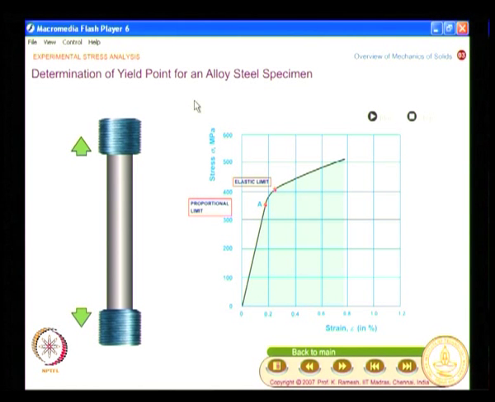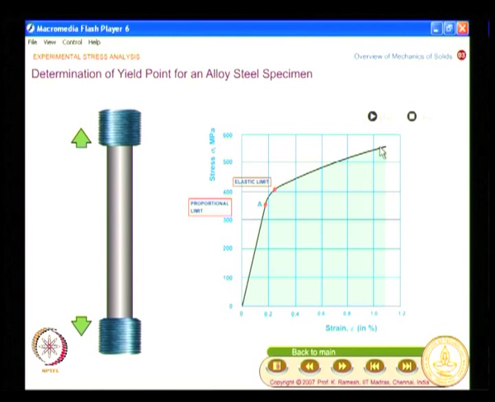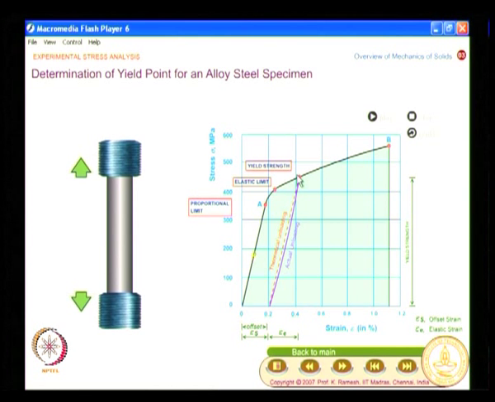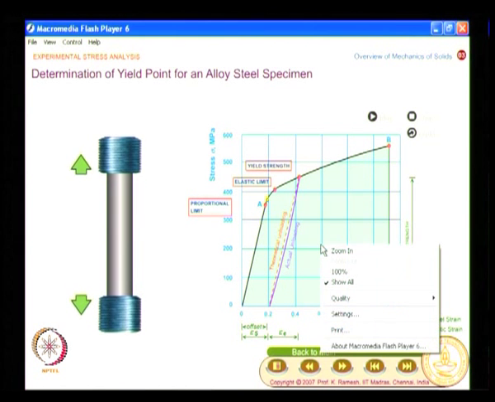I have an alloy steel which is pulled here, and I have the stress strain data, and I do not see very clearly the demarcation of going from elastic to plastic. It is very smooth. What is usually done is you draw an offset at 0.2%, and 0.2% corresponds to